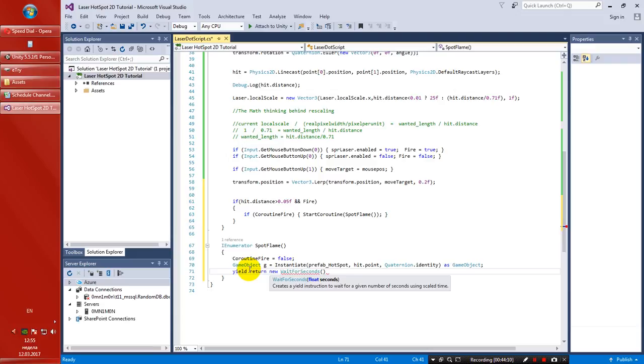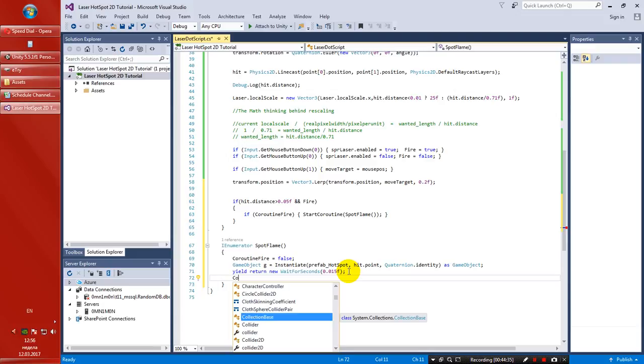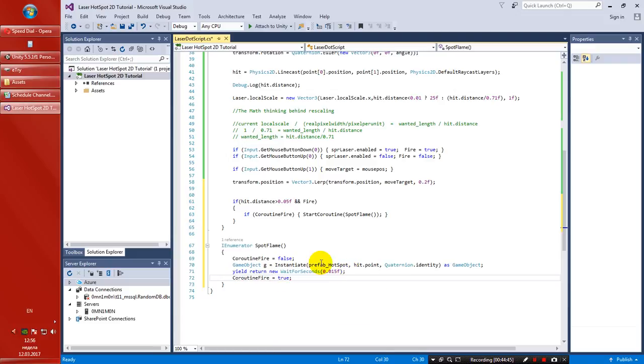Wait for seconds till the new spawning occurs, to 0.015 part of a second. When that happens, this is fairly fast, then we are just gonna enable the previous bool coroutine to be true, and when it's true, this is gonna loop back and forth. So this is true, and now it's gonna